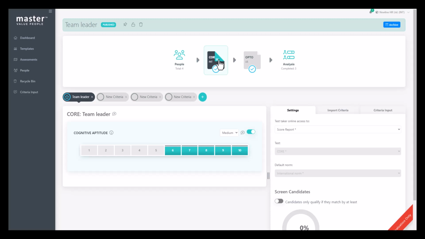And this is where we can add a criteria. We'll start with core. Let's say that this position requires a score between 6 and 10. As you can see, I have named it Team Leader in order to find it in an easy manner later on. Here, I will click this button